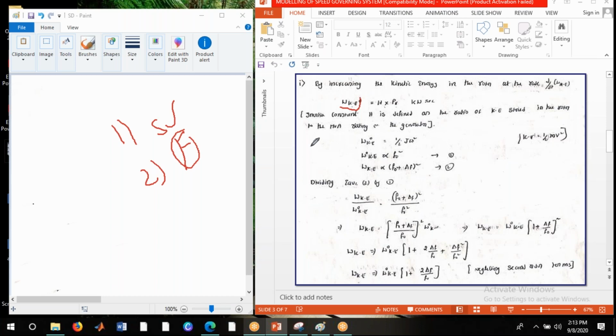Now, what is the general formula for kinetic energy? Generally motion is of two types: linear motion and circular motion. When we are talking about linear motion, we consider the kinetic energy equation: kinetic energy is equal to half mv square, where m is the mass and v is the velocity of the object. When we consider circular motion, we talk about moment of inertia J and angular velocity. You study these types of analogous parameters in control systems, right?